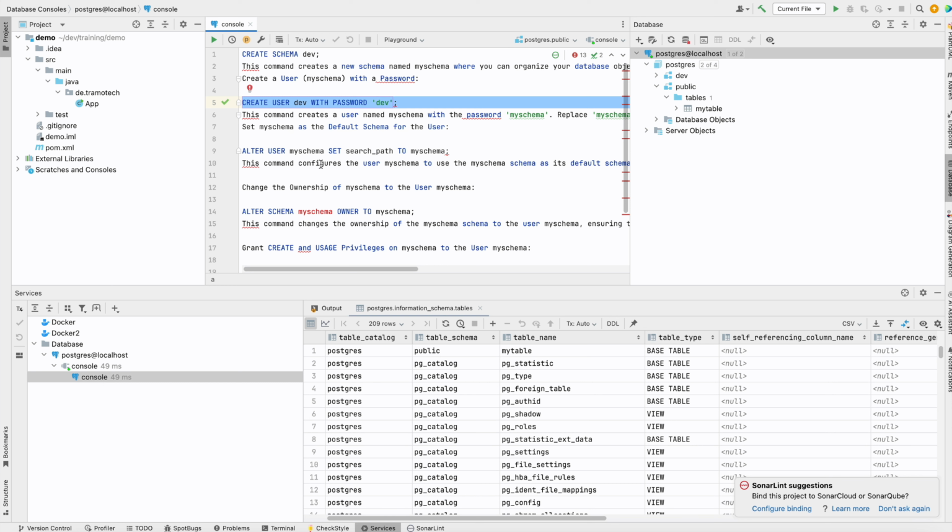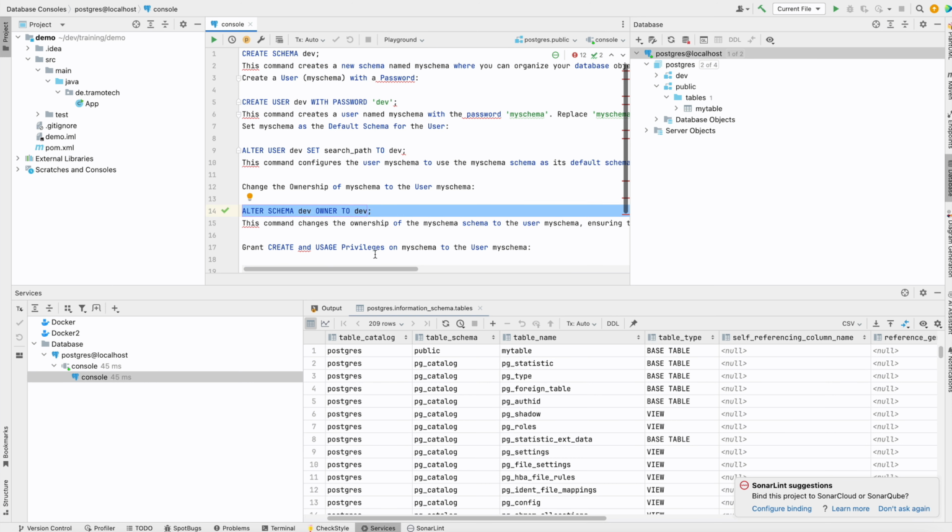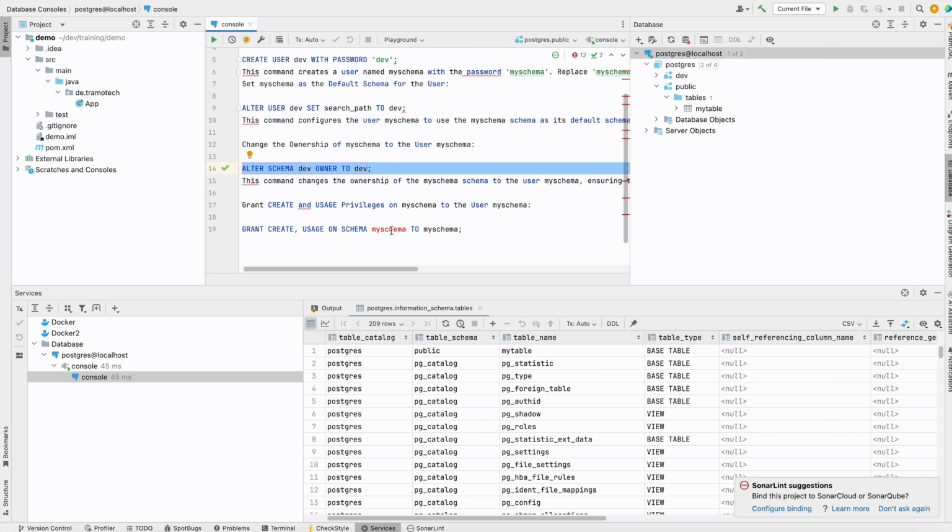After that, you need to make this schema the default one for your user, so you don't need to specify the entire path to the object. So the objects will be created automatically in this schema when you are logged in as dev. And here just make it the owner of this schema, and at the end add some privileges